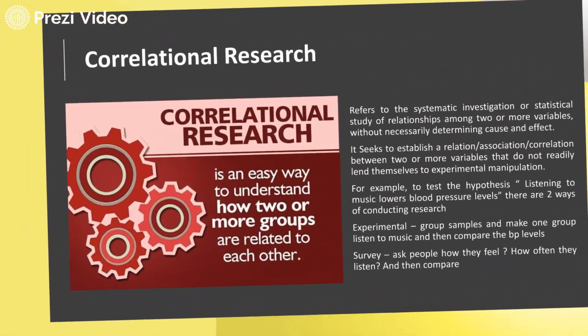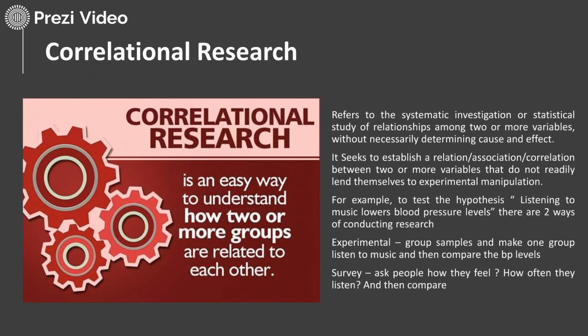Now, moving on to the next category, which is correlational research. As the term indicates, it is based on relationship. When we talk about a relationship, there have to be two entities, two variables. So when we are trying to assess the relationship of two variables, or the effect of one variable on the other, or the effect of the other variable on the first one, we are trying to establish a relationship, also known as the cause and effect relationship.